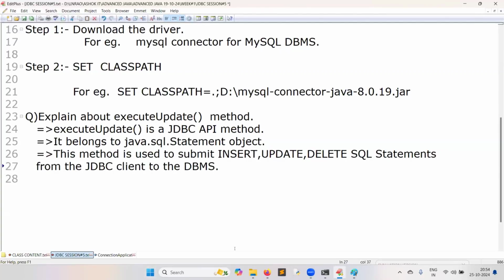Whenever a Java program wants to insert a record into the table, update the records in the table, or delete the records of the table, you have to use which method? executeUpdate. That's it. This method returns an integer.